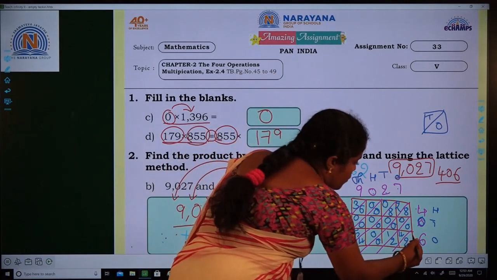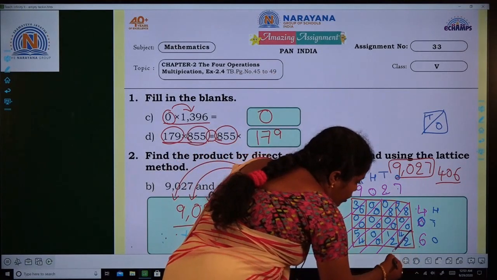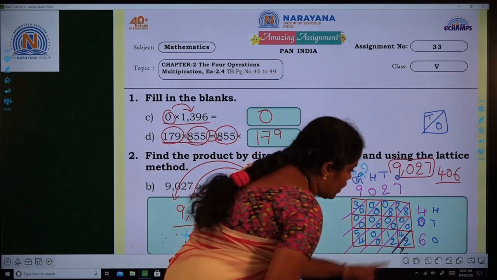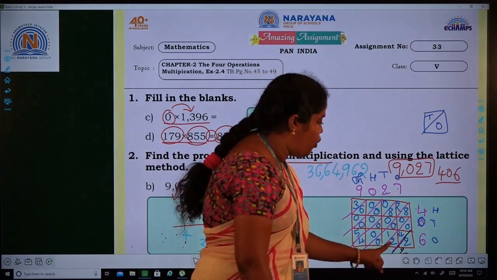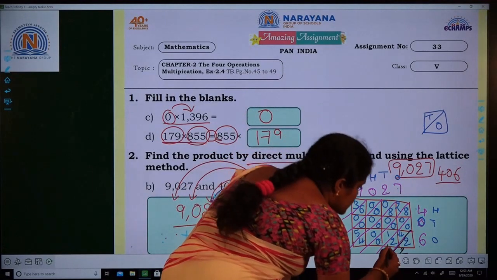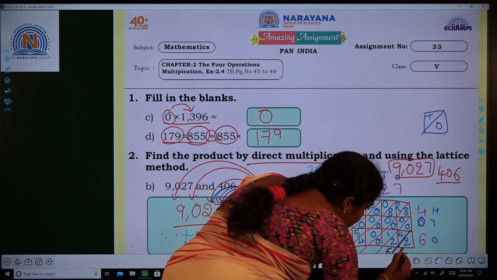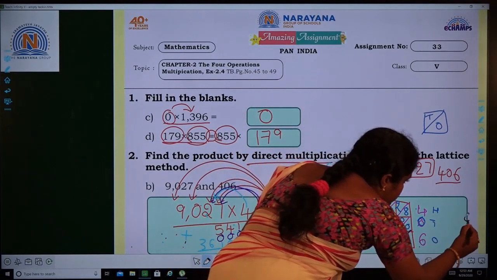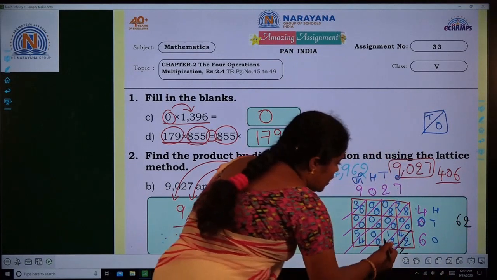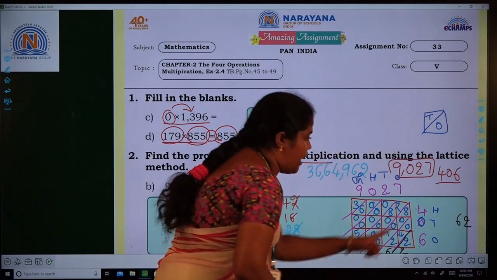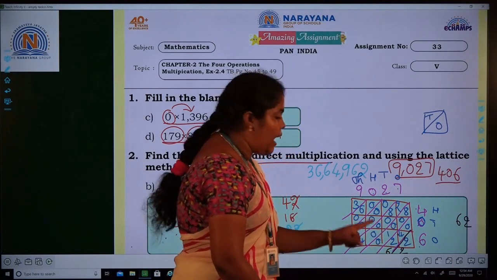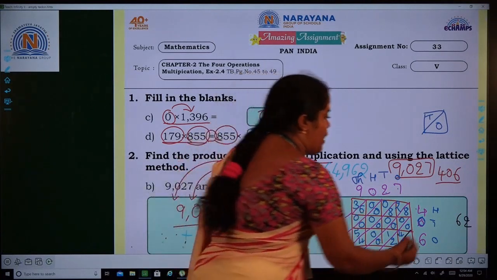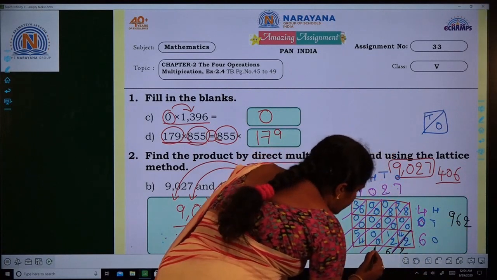See, my dears, we have to add according to diagonal lines. Here the number is 2. Next, moving on to second line, 0 plus 4. 0 plus 4 is 4 and 4 plus 2. 4 plus 2 is 6. I will write here 2. Next line, 0 plus 8 plus 0, 8 and 8 plus 0, again 8, 8 plus 1, 9, 9 plus 0, again 9. You get 9 only.